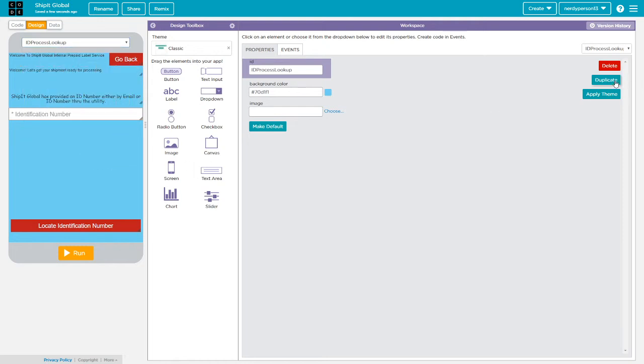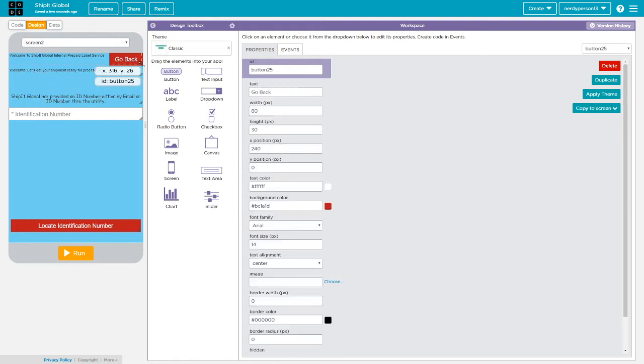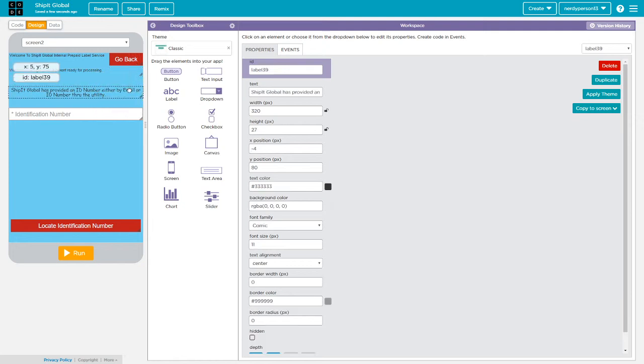So when they do that, duplicate it. And then it's gonna say here, your item is currently, and then colon,